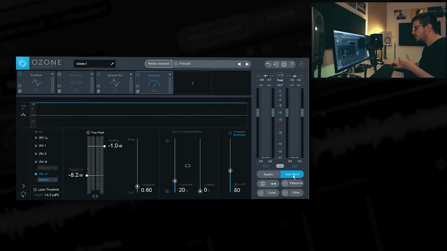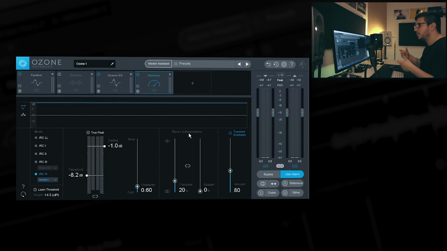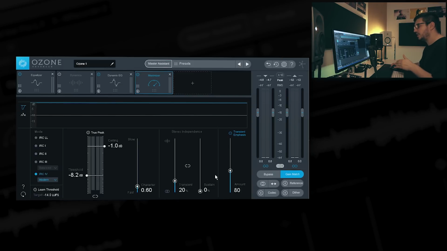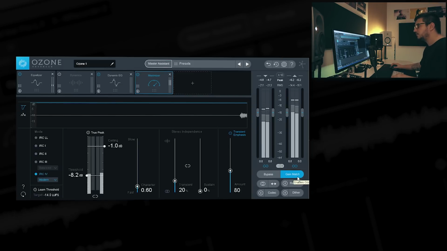Engage the gain match. Whenever I bypass the plugin, it will be at the same level, so we have a better understanding of what we are doing. With the processing done by the Master Assistant,